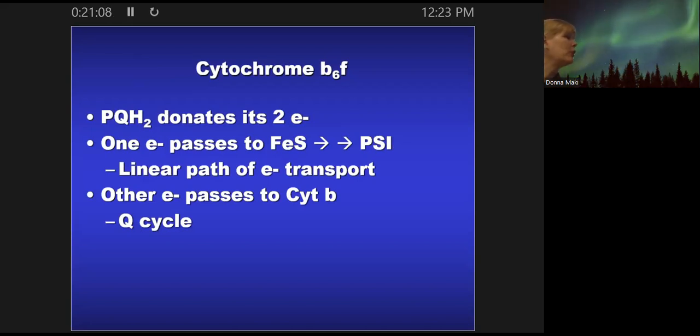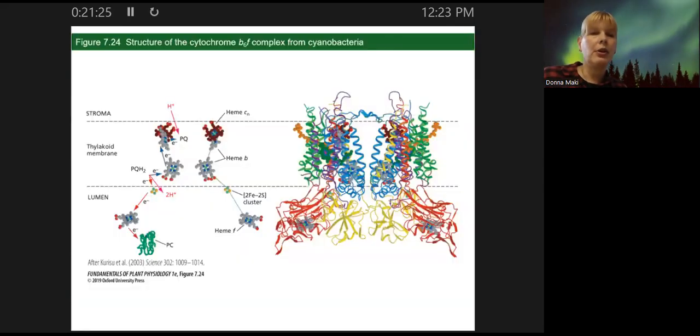If you hang with me here, I'm going to show you some visuals too, so hopefully this will help. We're going to hold off on the second bullet point. We'll get to that eventually. I want to talk a little bit more about the Q cycle before we get into finishing off the linear path. So again, here we're looking at